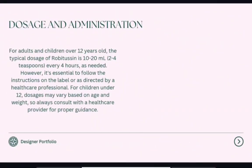For the dosage and administration, for adults and children over 12 years old, the typical dosage of Robitussin is 10 to 20 ml every 4 hours as needed. However, it's essential to follow the instructions on the label or as directed by a healthcare professional. For children under 12 years old, dosage may vary based on age and weight, so always consult with a healthcare provider